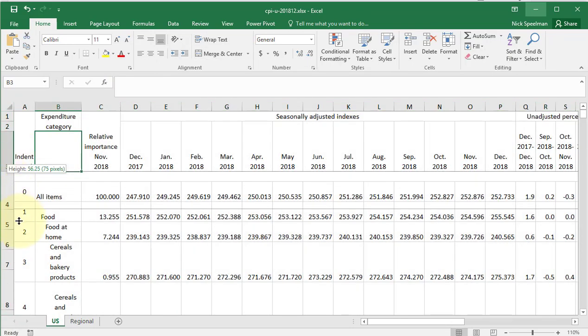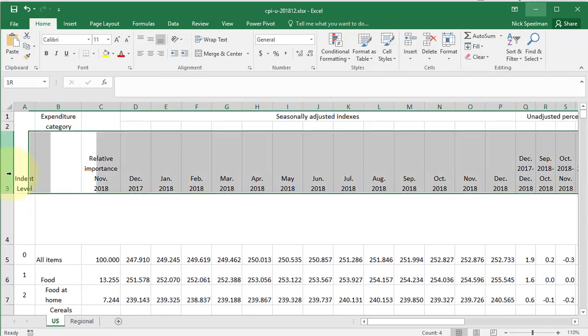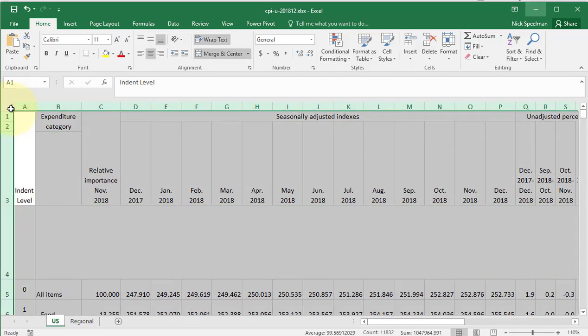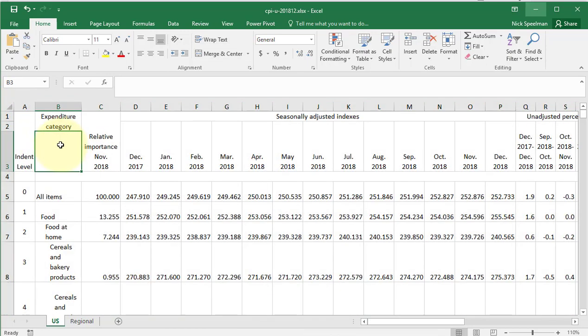Or I can click one row and drag it, another row and drag it, highlight two cells and drag it, it'll resize them both. If I want to get it all back to optimized, just double click,